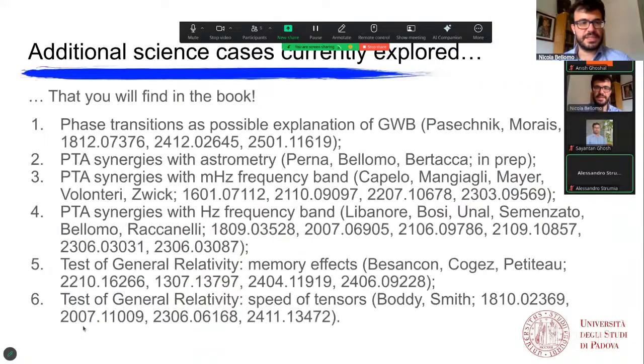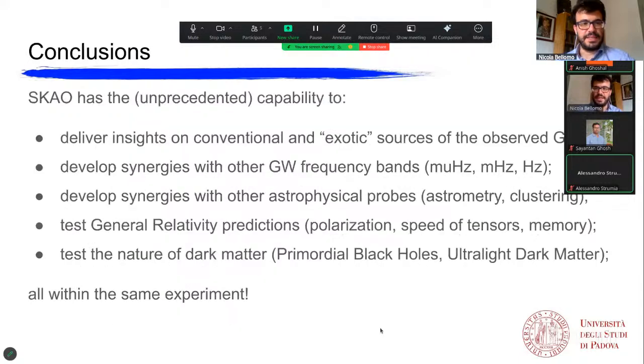Let me skip that and just mention that the story doesn't end here. There are other possible sources of dipoles that are currently being investigated, as well as a synergy with other astrophysical probes or other gravitational wave detectors in our frequency bands. And I'll leave my conclusion up here. I hope I showed you what the potential of SKAO is. And I think it's a really exciting time also to think about a new way to explore or to test